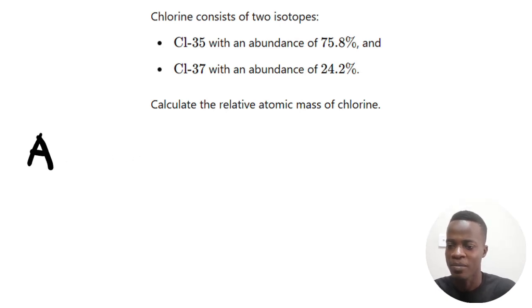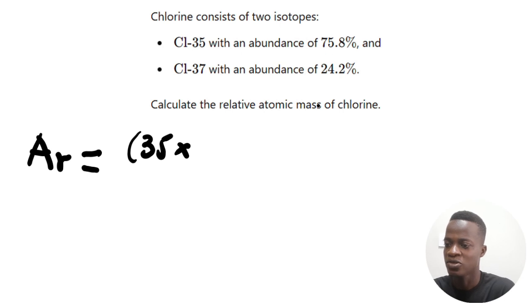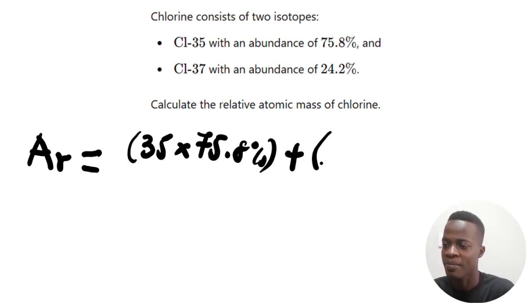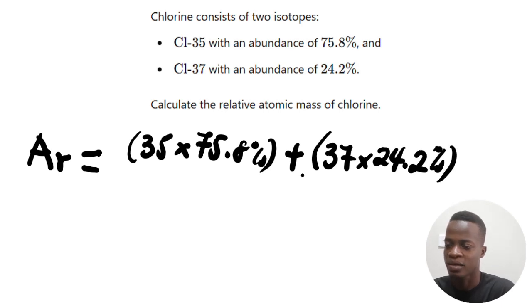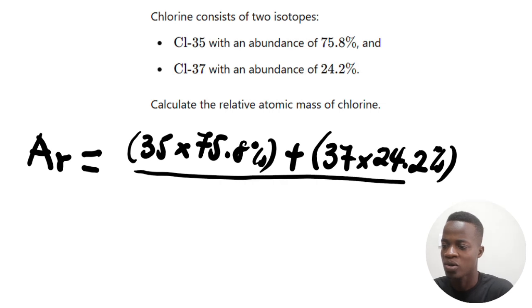So the relative atomic mass of chlorine will be equal to, let's take the first isotope. The first isotope of chlorine is 35. So it's going to be mass 35, right, times the abundance of that particular isotope, which is 75.8%, plus the second one, 37. The mass is 37 times 24.2% again. So all divided by